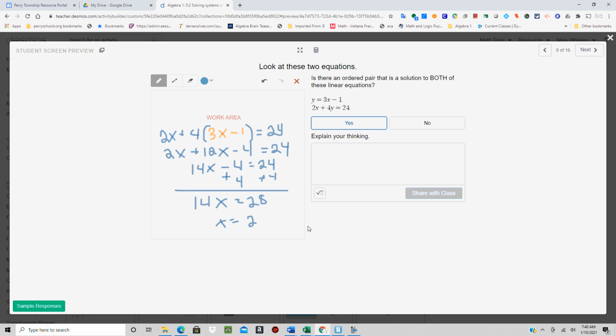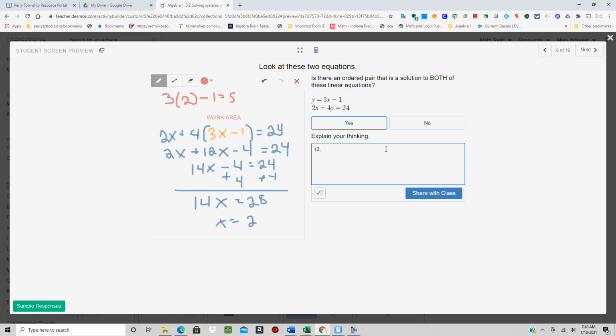Well, I want to go ahead and know what y is. I'm going to actually do this up at the top because I'm running out of room. Let's do it in red. I know y is 3x minus 1, and I know what that x is. It is 2, so I take 3 times 2 minus 1, which is 6 minus 1, which is 5. So my ordered pair is going to be